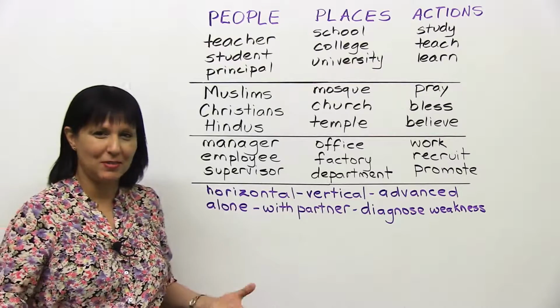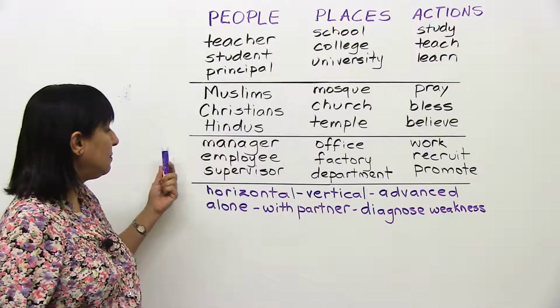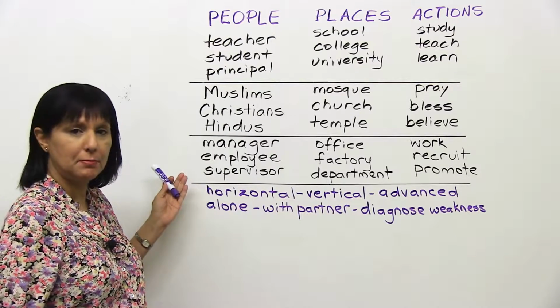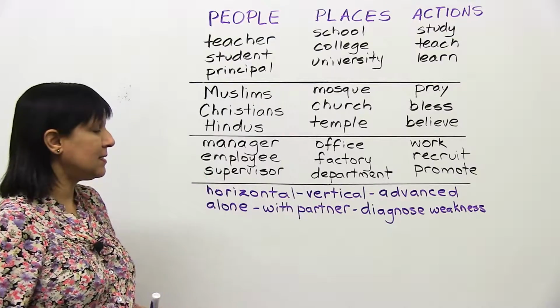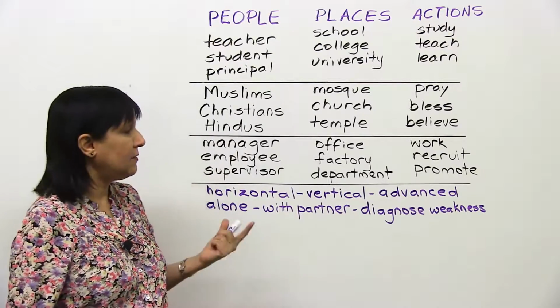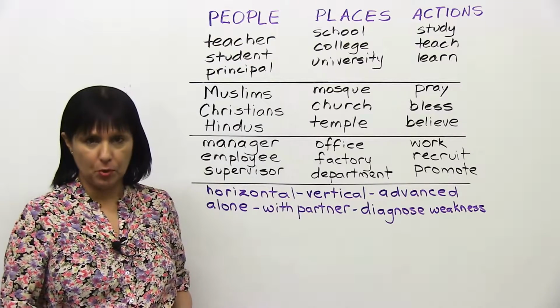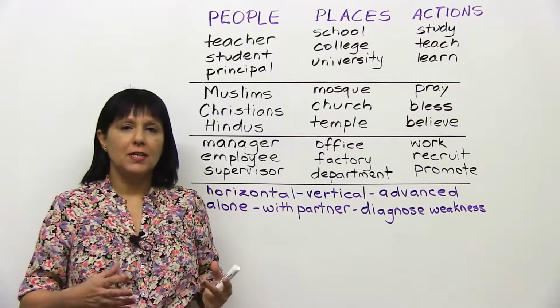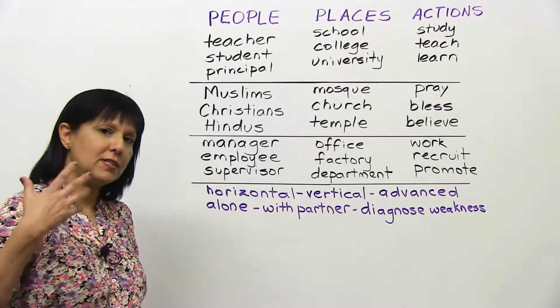I'm just showing you how to do it. In the field of business, for people, you might put manager, employee, supervisor. For places, office, factory, department. And for actions, things like work or recruit or promote. Okay? So even though it seems like a really simple exercise, what will happen is as you start to try